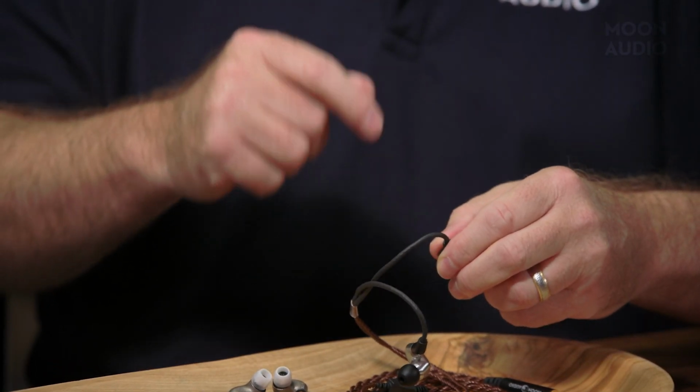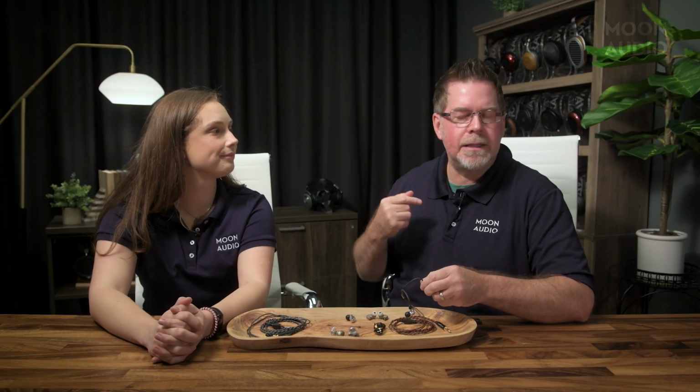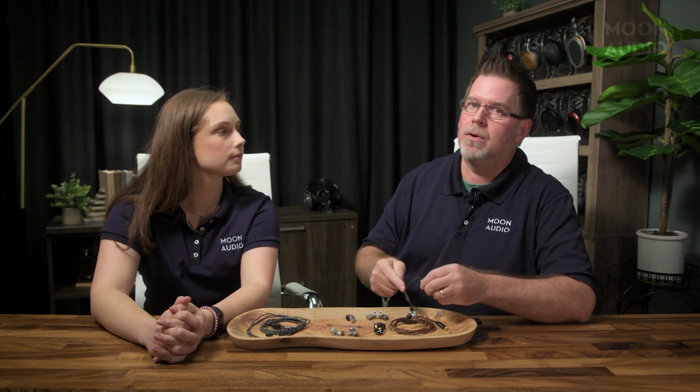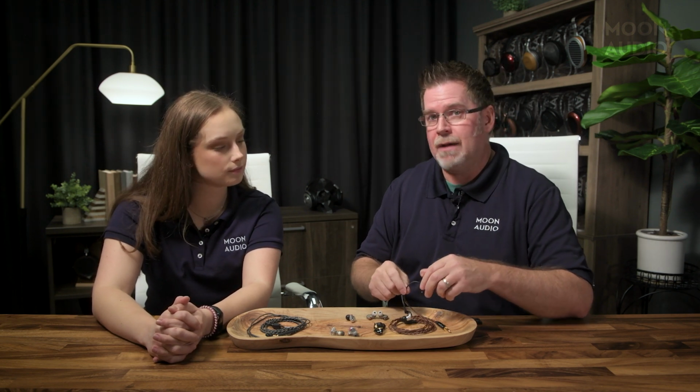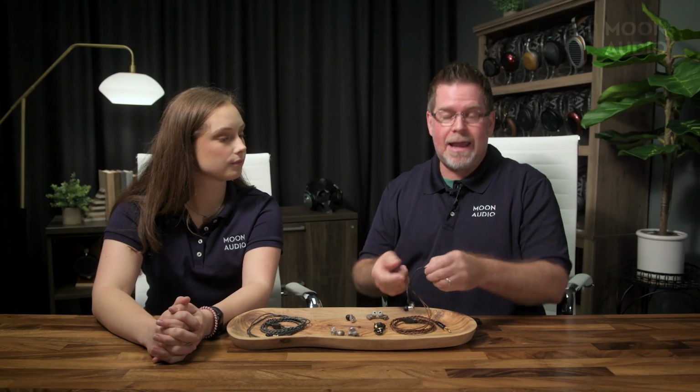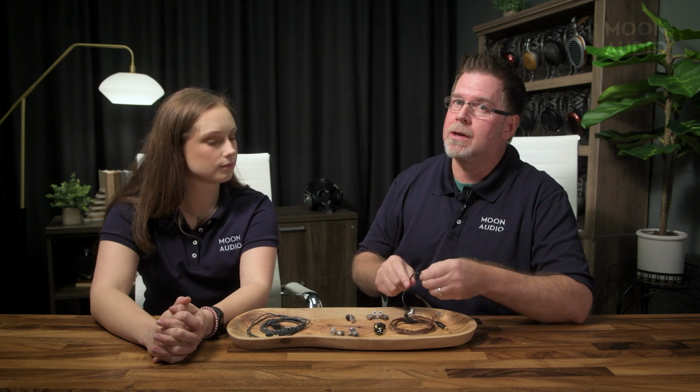The memory wire over time can become, especially for eyeglass wearers, a little bit of annoyance behind the ear, right? You've got already your hook from your eyeglasses here, and now you've got this other metal hook as well. And sometimes, after many years of abuse and use, that memory wire can stick out of the tubing, and sometimes it'll nick you on your skin. Or if you're constantly working the cable to make it loop around your ear, you can break that memory wire